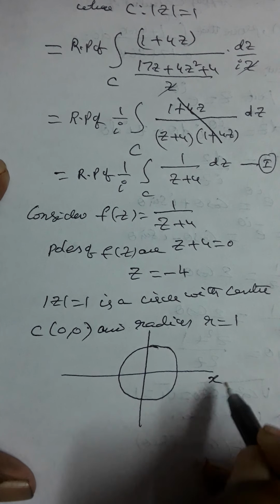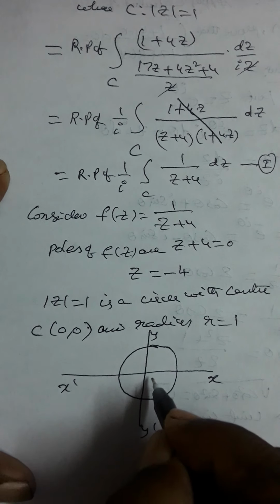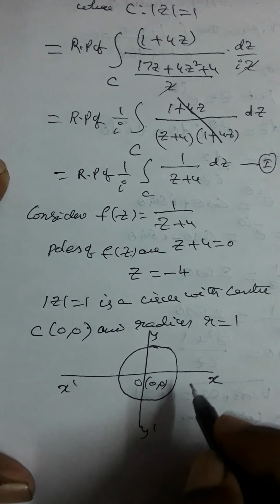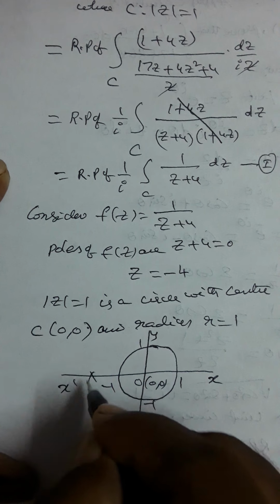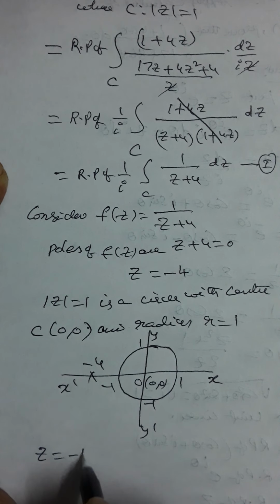Diagram: x, x dash, y, y dash, 1, minus 1. So z is equal to minus 4